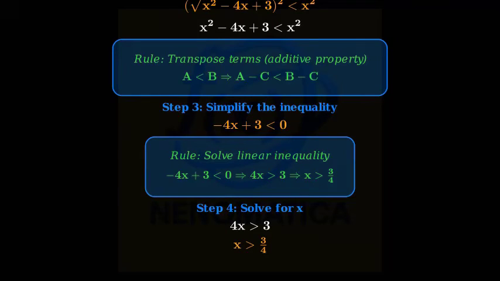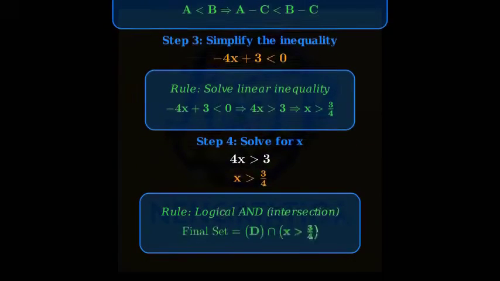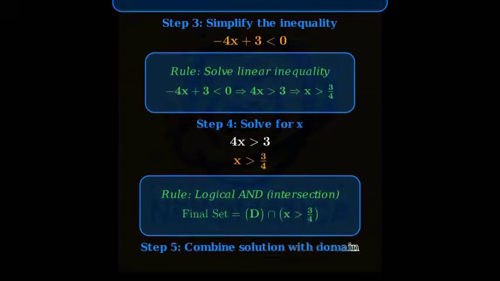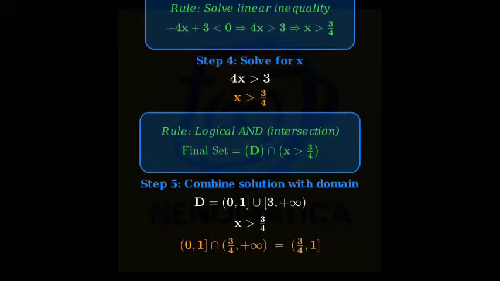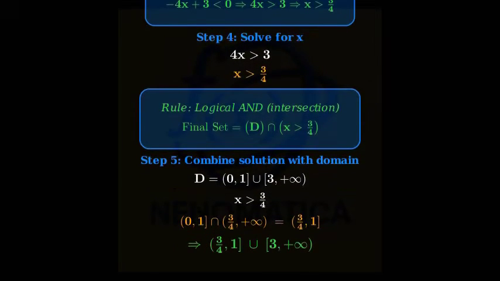Therefore, the complete solution set is the interval (3/4, 1] union [3, infinity). Great work following the exact algorithm. Summary. We found the domain, squared the